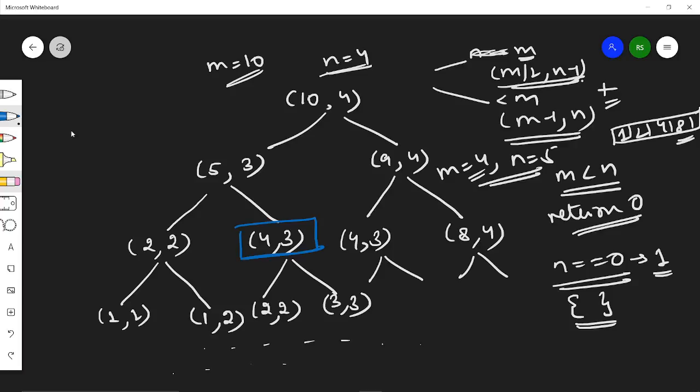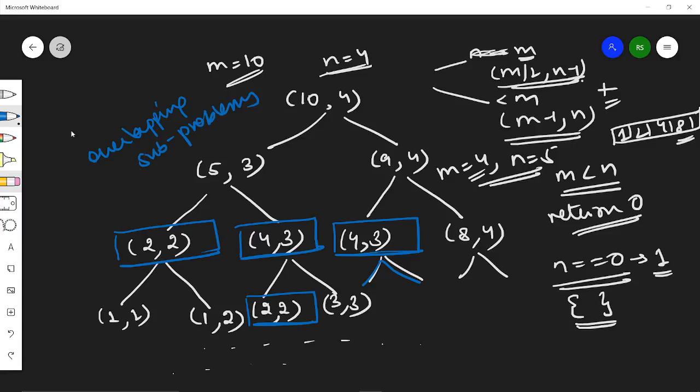we have already computed 4 by 3 here, but when we are at here, we are again computing all of it. Okay, and not only this, we have already computed 2 comma 2 here, but when we are at this, we are still doing it. So there are many overlapping subproblems. So this is known as overlapping subproblems. So when we are doing this task again and again, this is increasing my time complexity.